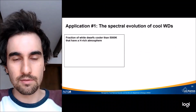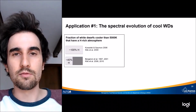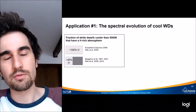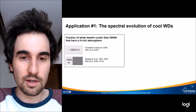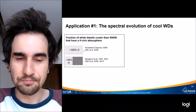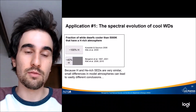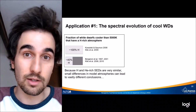So previous studies that have looked at that have found vastly different conclusions for reasons that will become more clear. If you look at what is the fraction of white dwarfs that have a hydrogen-rich atmosphere below 5,000 degrees, you can find answers ranging from a minority of them to almost all of them. Of course, this problem comes from the fact that we are exploiting very small differences. So if you don't use the same models, if your model physics is not right, then you will find completely